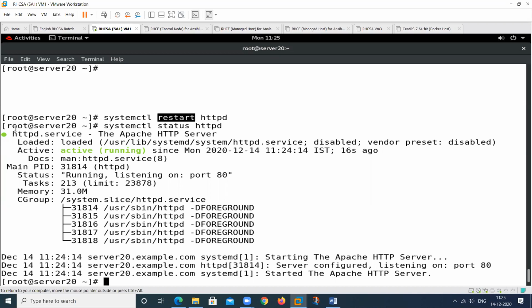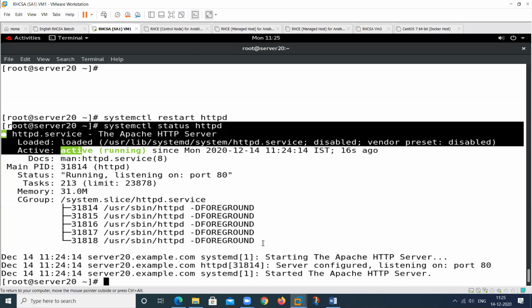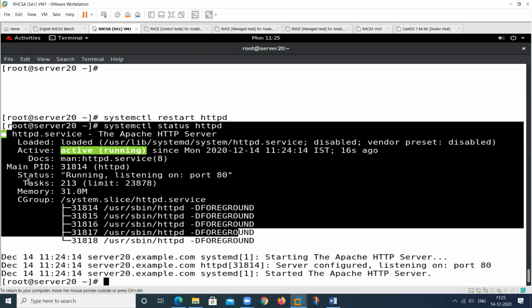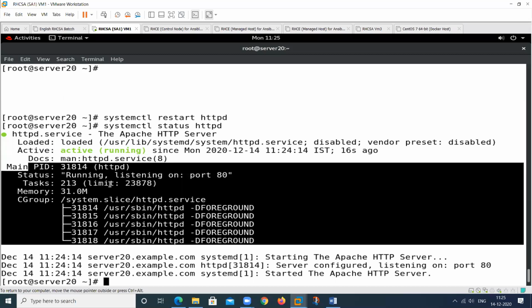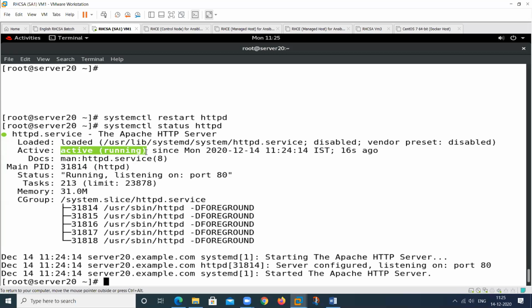If we do not want this type of thing, we want to replicate the changes in my network without changing any process, and not all these things will be changed. All things will be same, but I want to replicate the changes in my network. Then what will I do? We can use not the restart command, we can use the reload command.